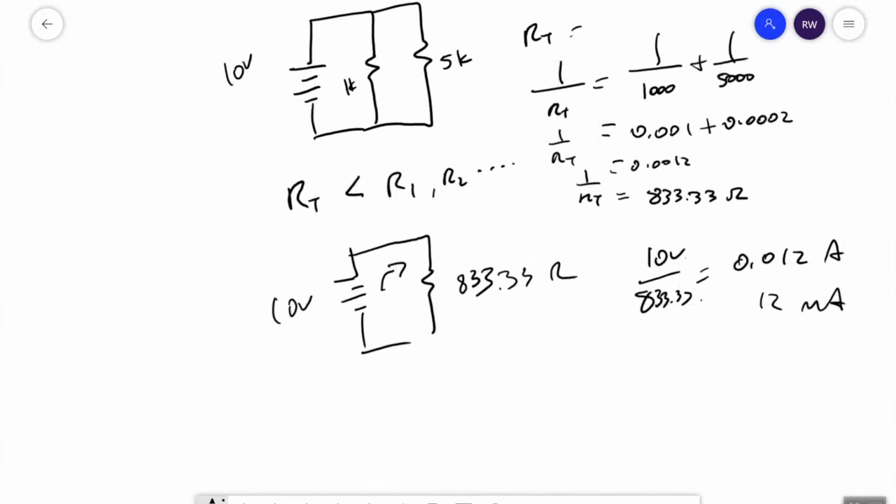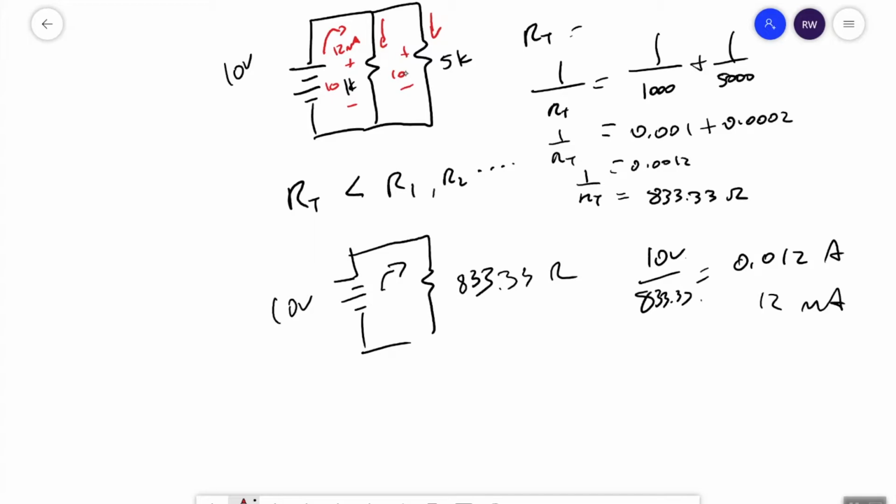Now here I have to go back to here. Let's put this in red. I get 12 milliamps here. Well, a portion of that has to come here, and another portion has to go here. Which portion where? Well, since my voltages are the same, 10 volts there, I can just do my calculation. 10 volts divided by 1K